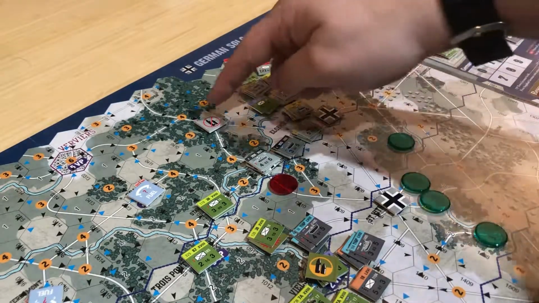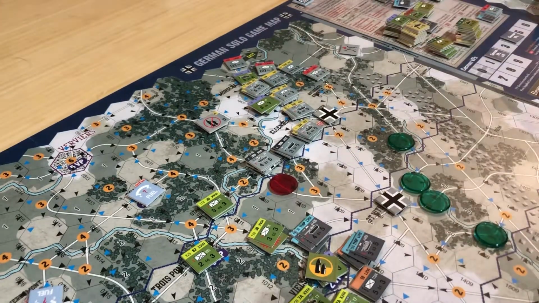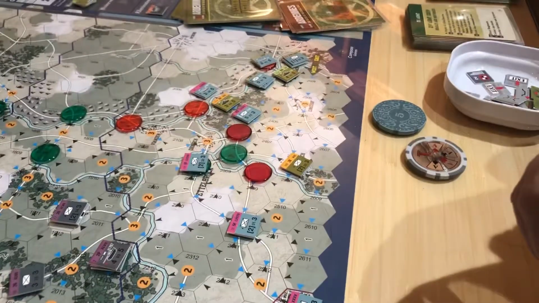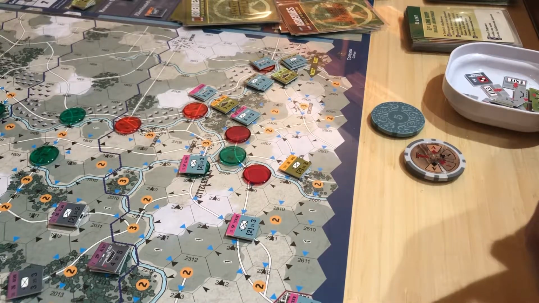But the good news is I got supply now. This guy can go 1, 2, 3 and get into supply. So Von der Height's gonna survive. Okay, well, we're done. The guy is not surrounded yet. I'm not gonna surround him with those units. And we would, however,